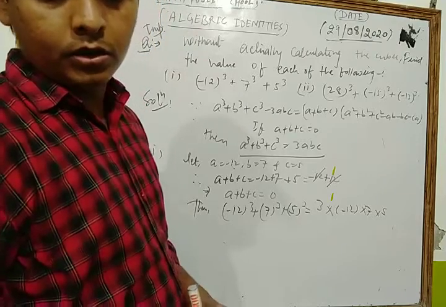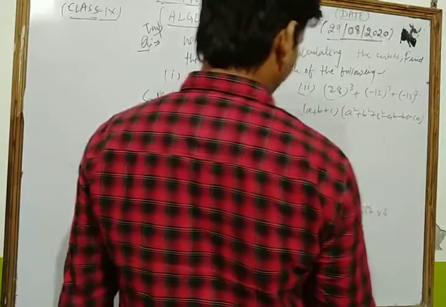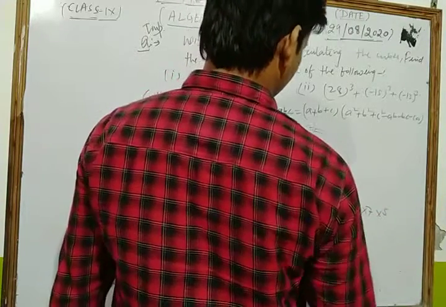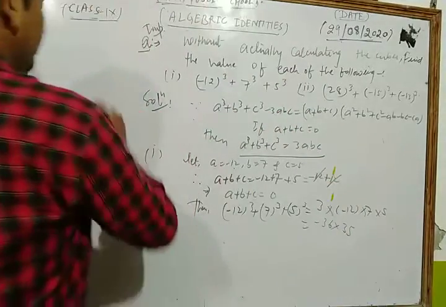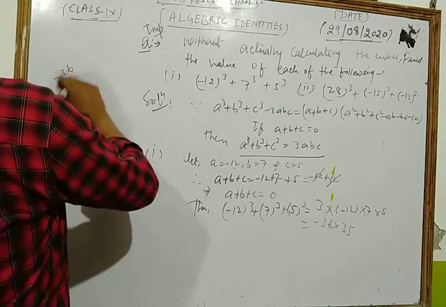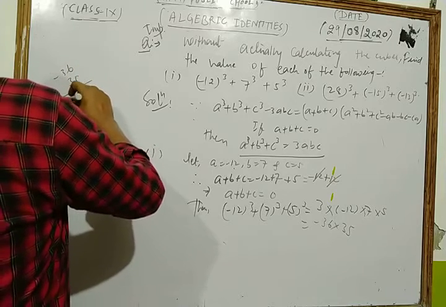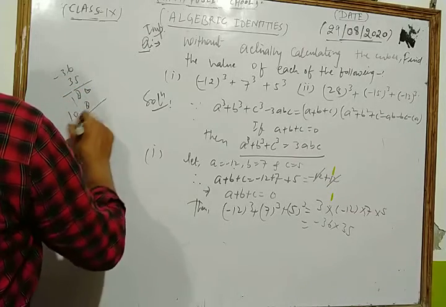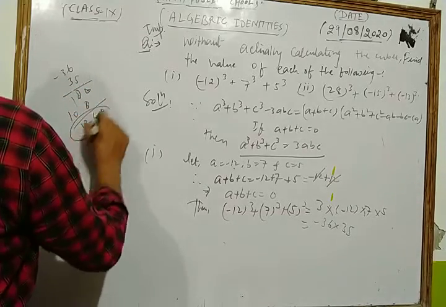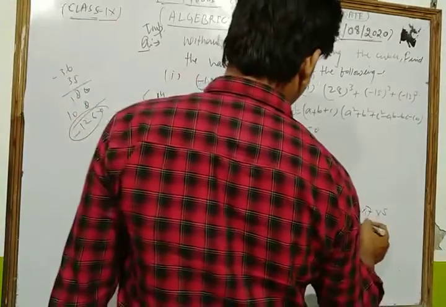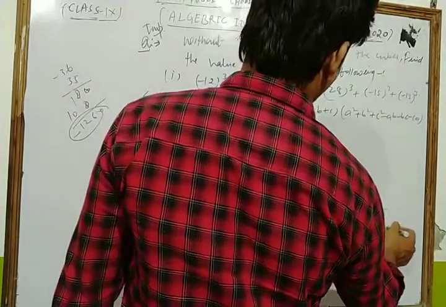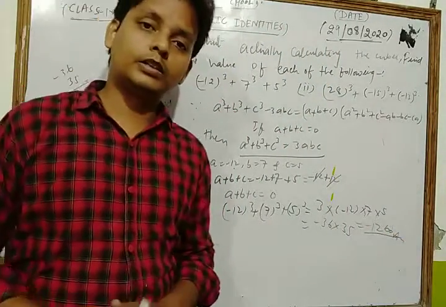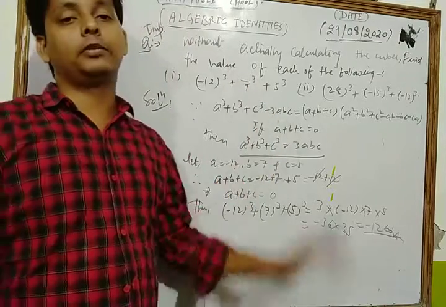Okay, now we multiply that. Minus 36 into 7 is minus 36 times 35. Now we multiply minus 36 and 35, and we get minus 1260. Dear student, we have the result as minus 1260. This is our required answer. So dear students, in this way we can solve this type of question.